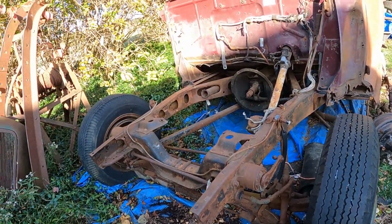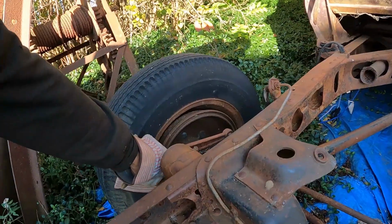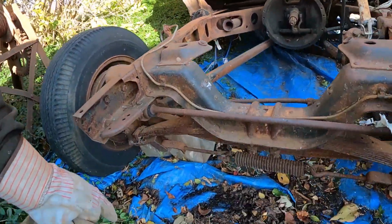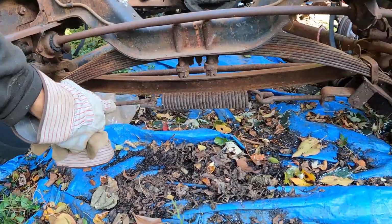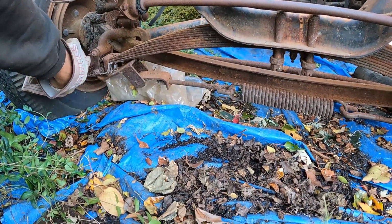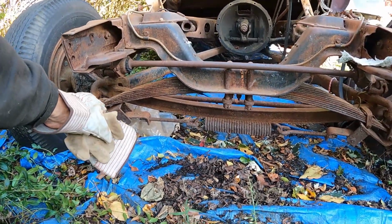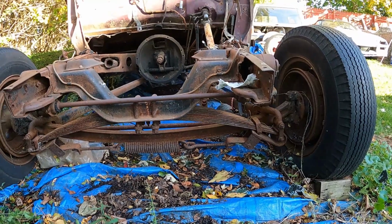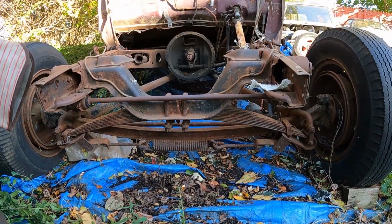Got the original transmission. The only thing it's missing is the backing plates, the hydraulic backing plates. Somebody robbed those. And it's also got something kind of cool, this aftermarket spring spreader. Once your spring got worn out and the shackles go out, you put this turnbuckle system on, and it just kind of helps the car,